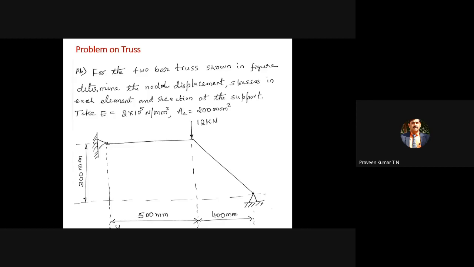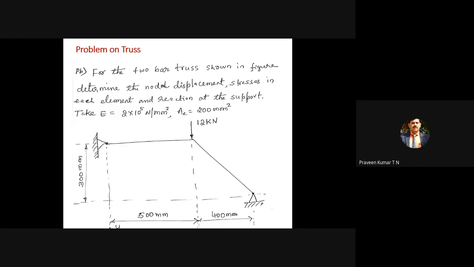Now this is the element. Here they have not given any element number or node number. In such cases, we can choose the node number as well as the element number. But in some examination questions, they will give the element numbers. Imagine they mention this is element 2, this is element 1. Then we cannot change it. And sometimes they give node numbers, node number 1, node number 2, and node number 3. In such cases, you cannot change the node numbers. If they give a node number, you have to retain it with respect to those nodes and those elements.